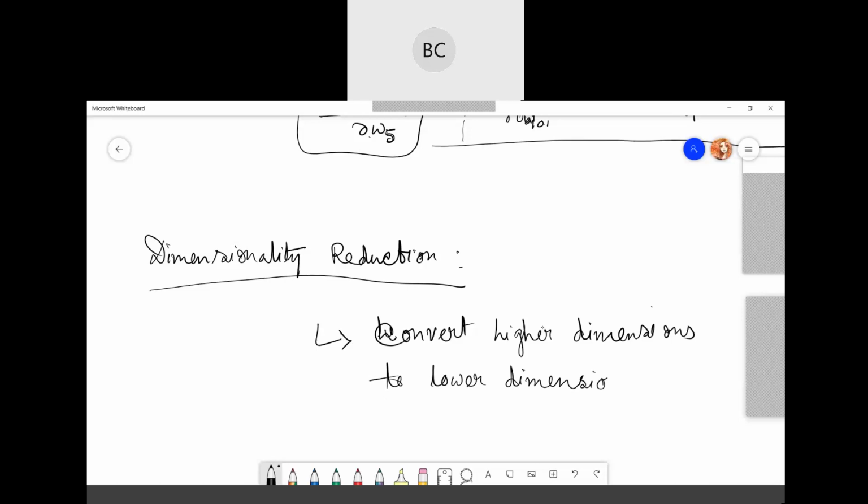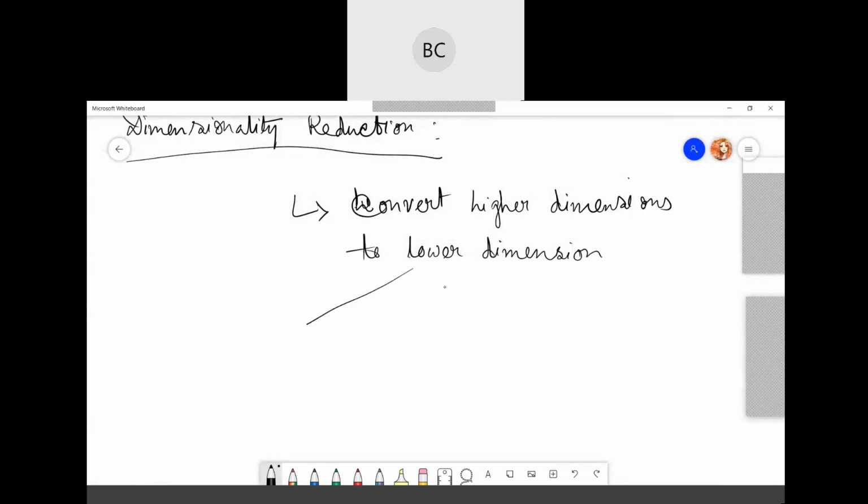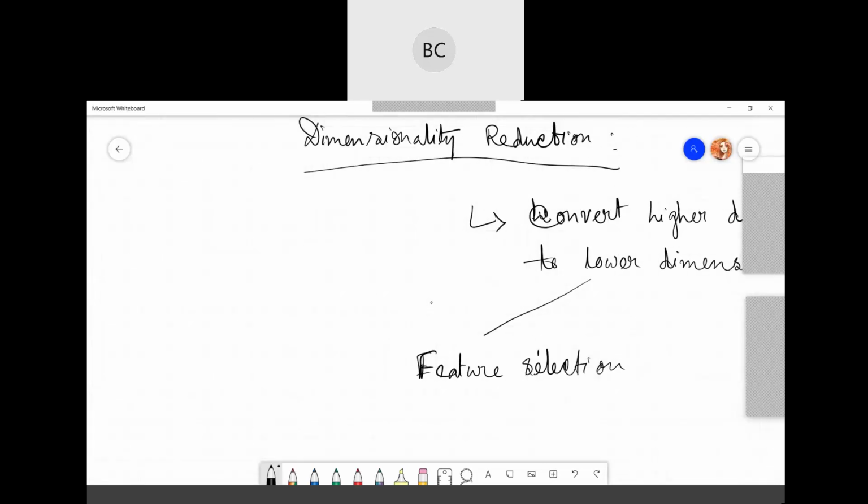And dimensions are more like your features. Okay, so a dimension reduction technique can be feature selection. Then you can also have other dimension reduction processes like component based, factor based, projection based and so on. Handling higher dimensional data is sometimes very difficult in practice. So this condition is known as the curse of dimensionality.